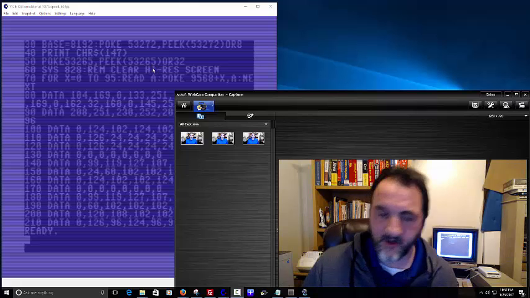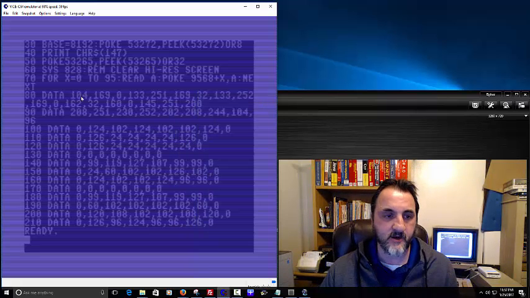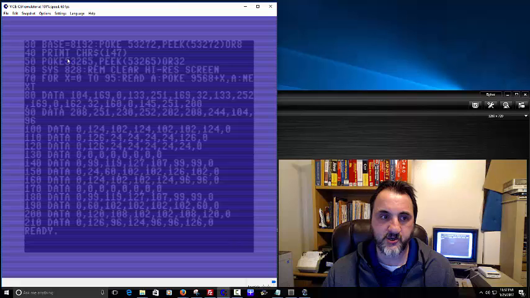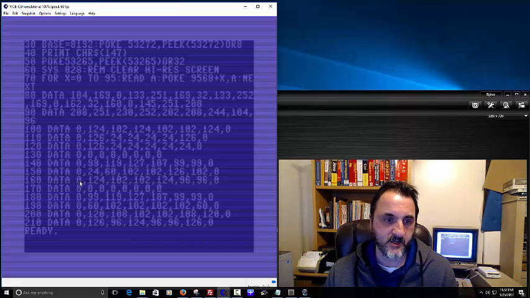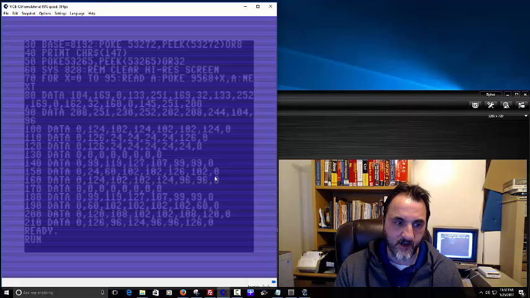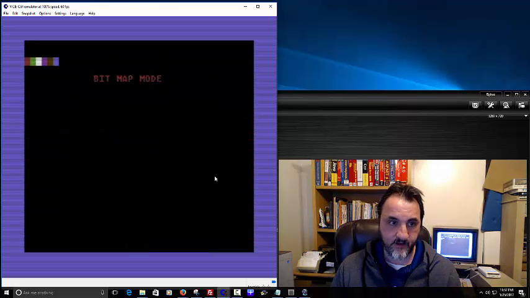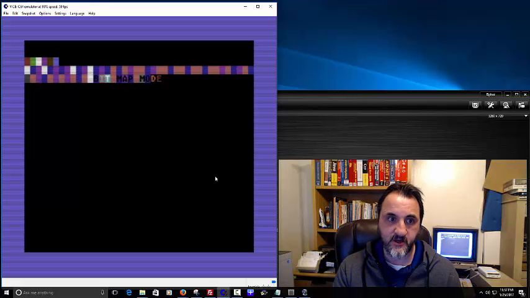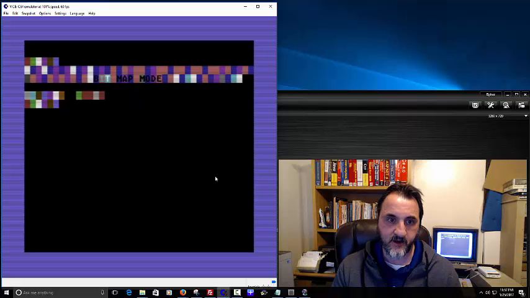I just noticed I lost my camera there for a minute. Okay, so anyways, what I was trying to do was restore the extra screen memory here for the bitmap, but I was unsuccessful in doing that. But anyways, it's not really important. It just would show you that it's unaffected by the background here, so we can just run it again. And I can sit there and type. You can see these are actually characters, so if this were existing on this screen, it would actually erase it, but it's not because it's hitting on another screen.